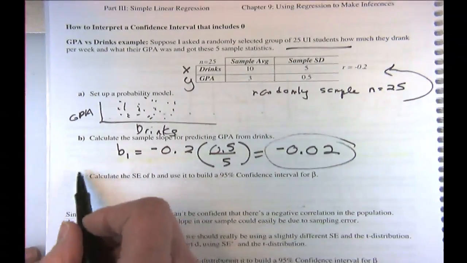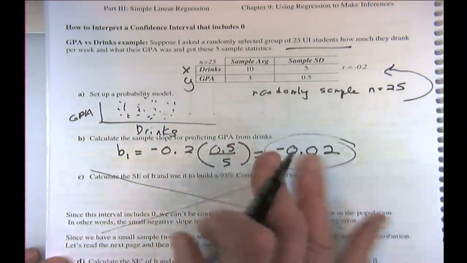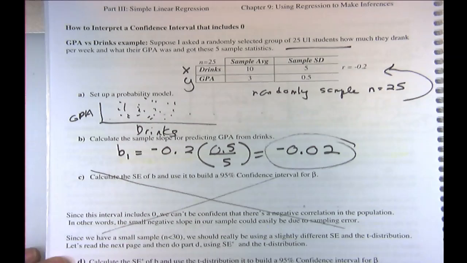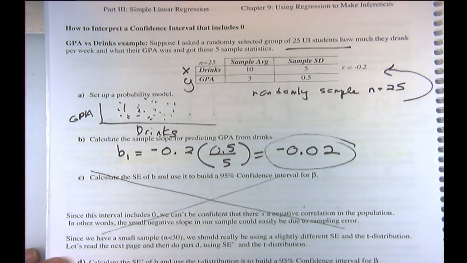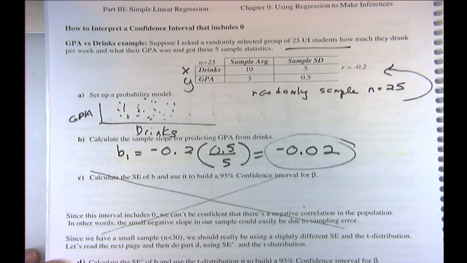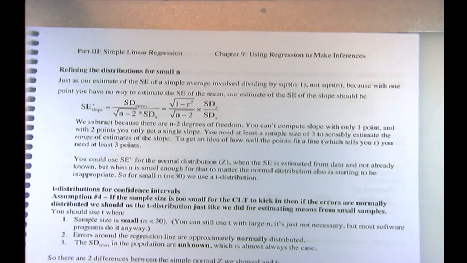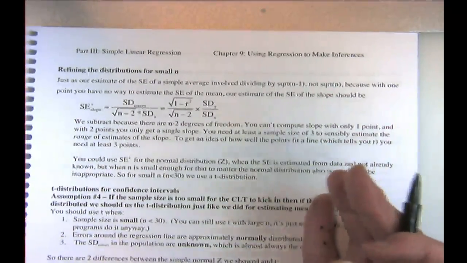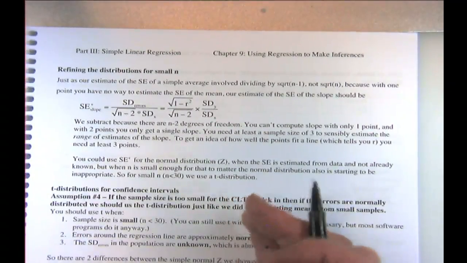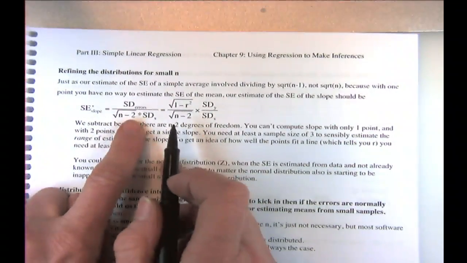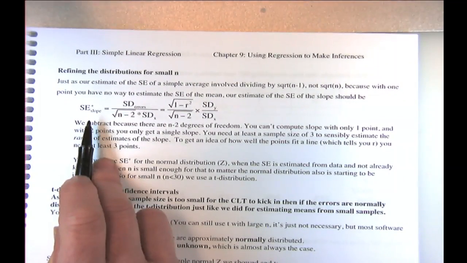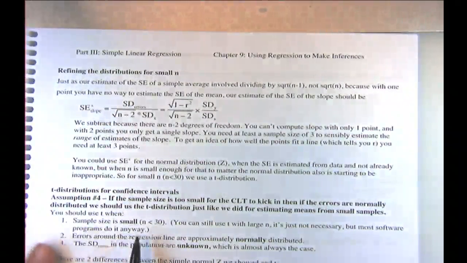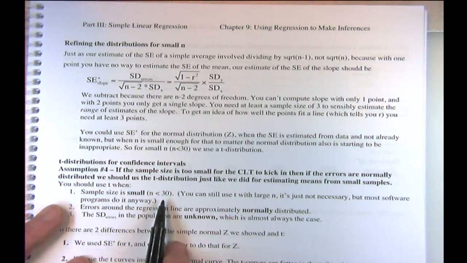Let's do it with the T. This is asking you to do it with the Z. No, this is a small sample, so the central limit theorem might not have kicked in yet. We have to be careful, so we have to do something different, and let's read about what we have to do. We've seen this before if you've ever thought about T distributions, so I'm just going to go over it quickly. Remember what we need to do. We have more uncertainty, so we're going to do two things. Since our sample size is small,